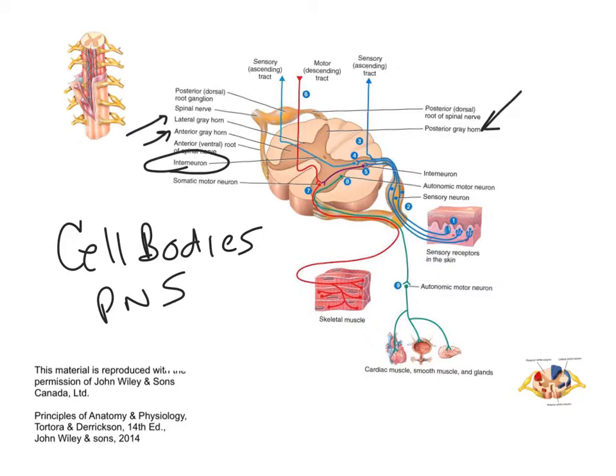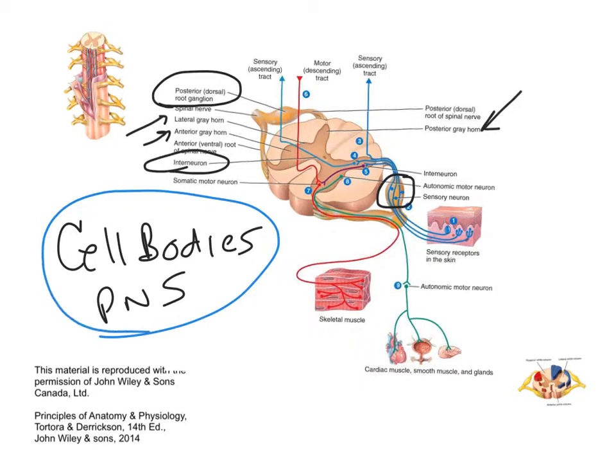Now let's take a look at where the cell bodies of the sensory neurons are. They're all right here, in this little bulge. And note that this structure is called the posterior root ganglion. Okay, so that contains the cell bodies of the sensory neurons coming